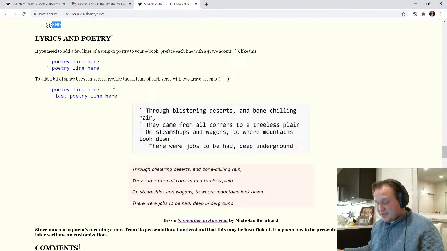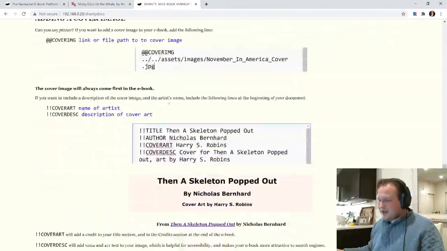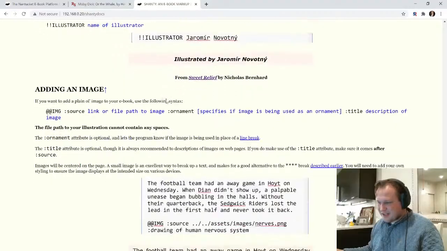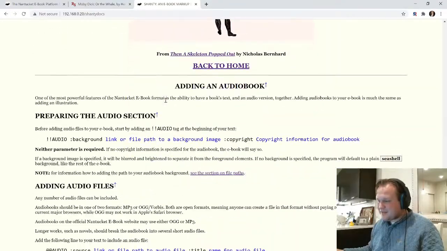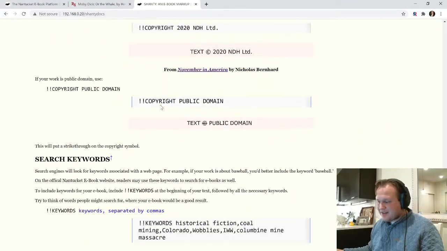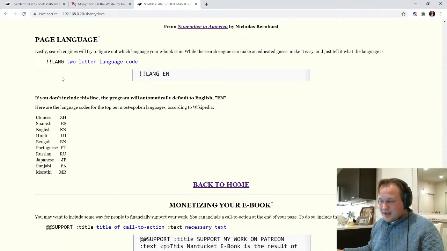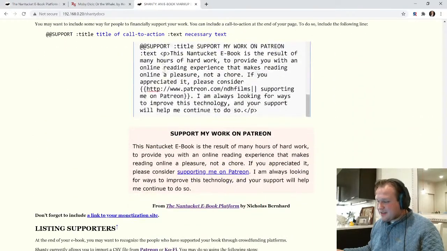Here's our discussion of poetry. You can add comments. Comments are stuff that only the writer will see. It gets ignored when you're building the ebook. So if you want to add a note to yourself, that's a great way to do it. Bunch here about adding art, cover images, illustrations, adding an image, doing audiobooks, stuff like copyright, search keywords, page descriptions. If you're writing in a different language, you can set whatever language it happens to be. Stuff for monetizing,